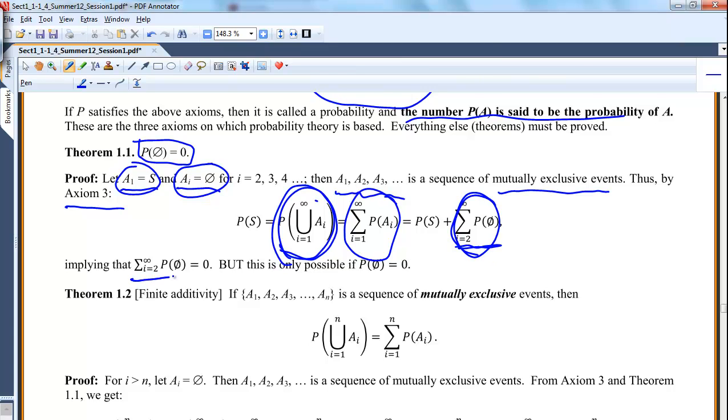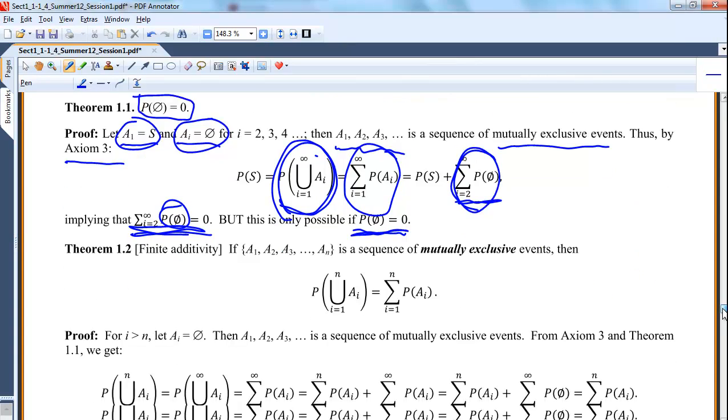So what I'm saying is this thing adds up to be 0, but we know probabilities can't be negative from another axiom. So the only conclusion we can make is that the probability of the empty set has to be 0. And again, I use the other axiom, I think axiom 1, that says the probability of an event is greater than or equal to 0. So if you add a bunch of things that get 0 and these can't be negative, then the empty set has to be 0. It seems kind of silly to do a proof like that, but we have just proved the probability of the empty set is 0.